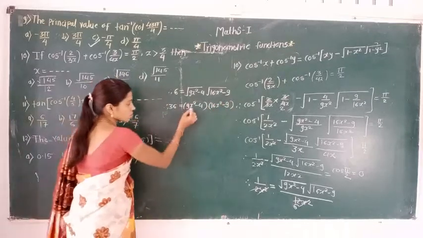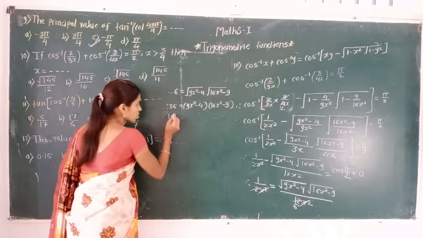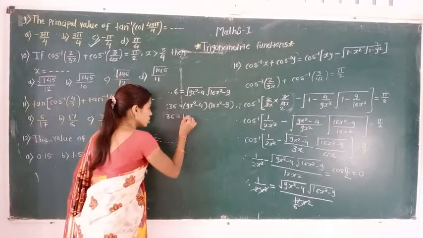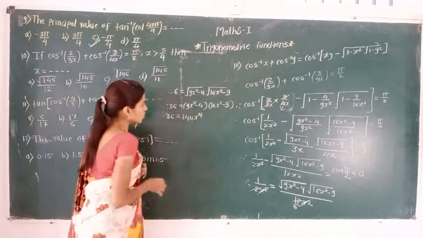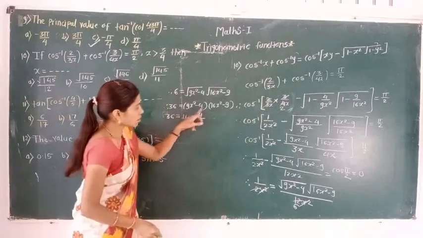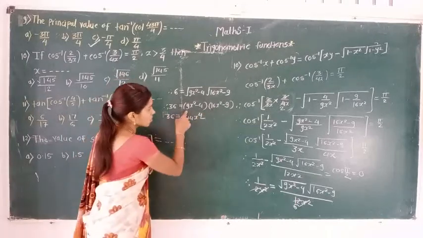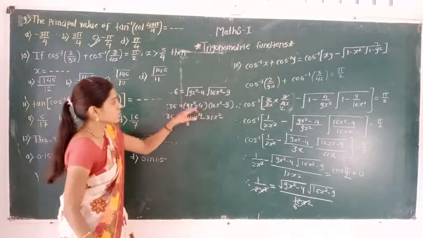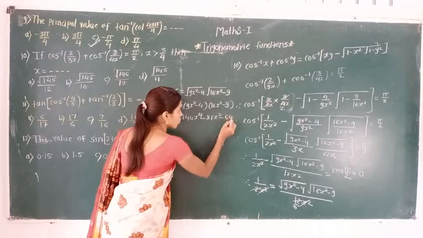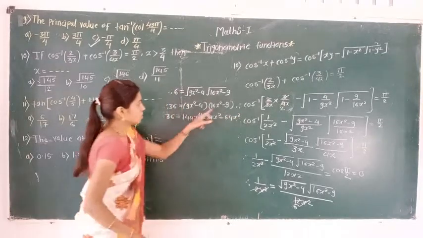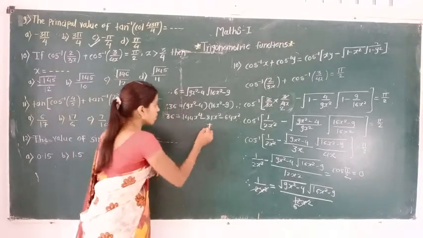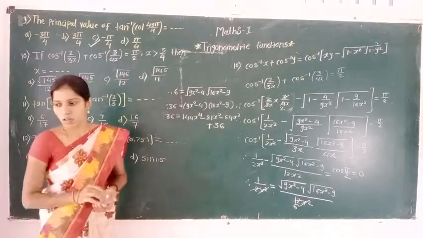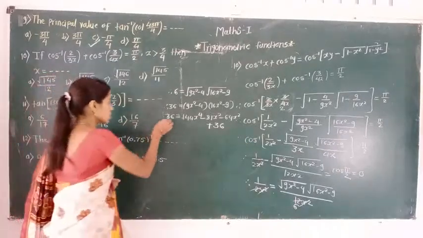So take a multiplication of these two brackets: 36 as it is equal to 16 9s are 144 x raised to 4, minus 9 into 9 get 81 x square, minus 16 4s are 64 x square, minus minus get plus 9 4s are 36. Okay, so in that case